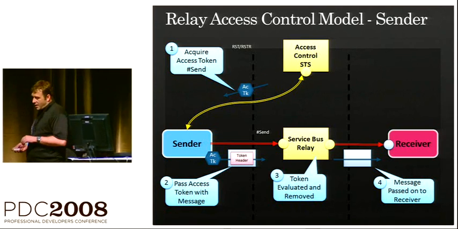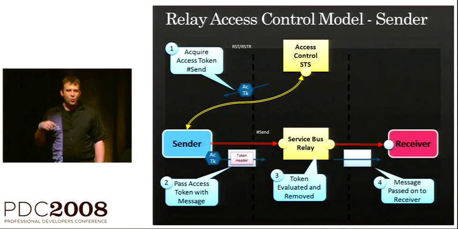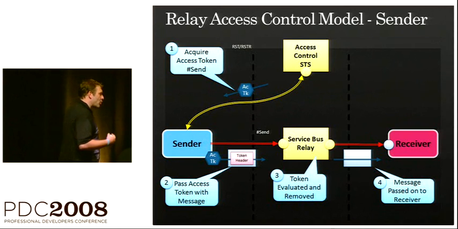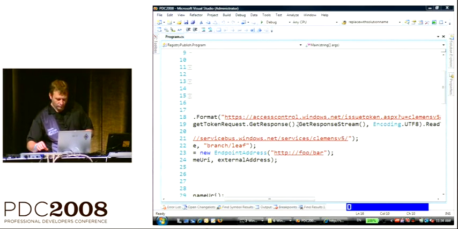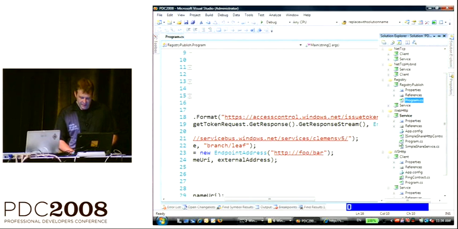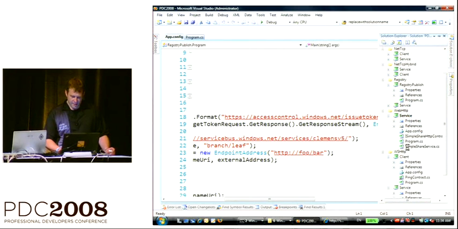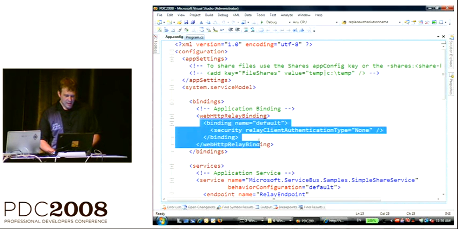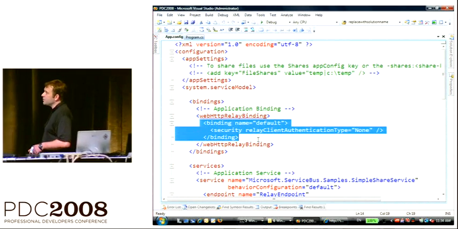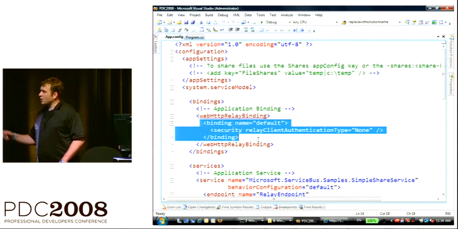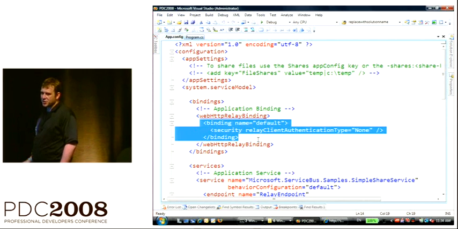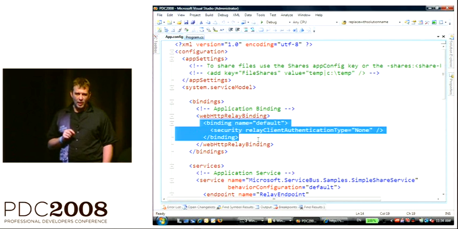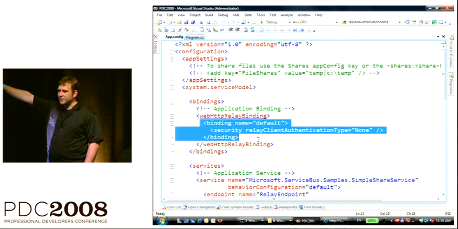That application opted out of this mechanism. The way we opt out of this mechanism is always the same. Let me find it. We have that here. On the security binding element of the web HTTP relay binding, or in the security configuration settings, there's a relay client authentication type. That is a difference to the standard WCF programming model. There's also a respective knob on the object model for it.